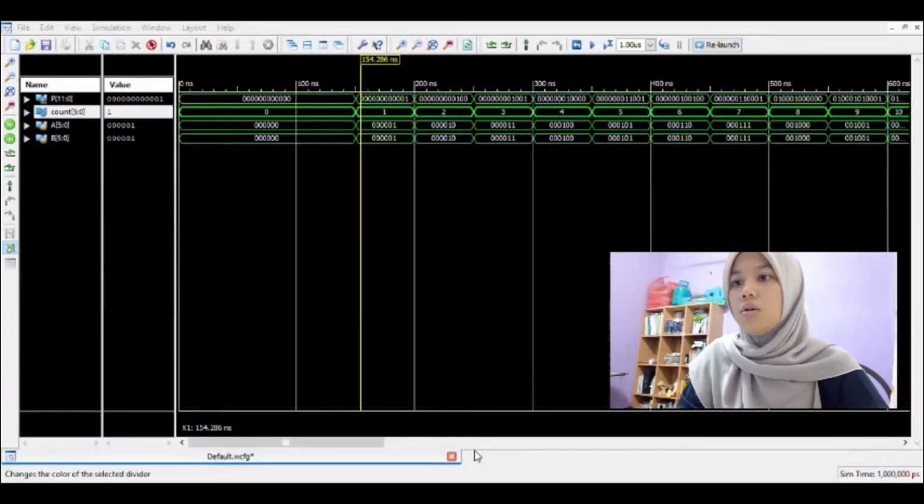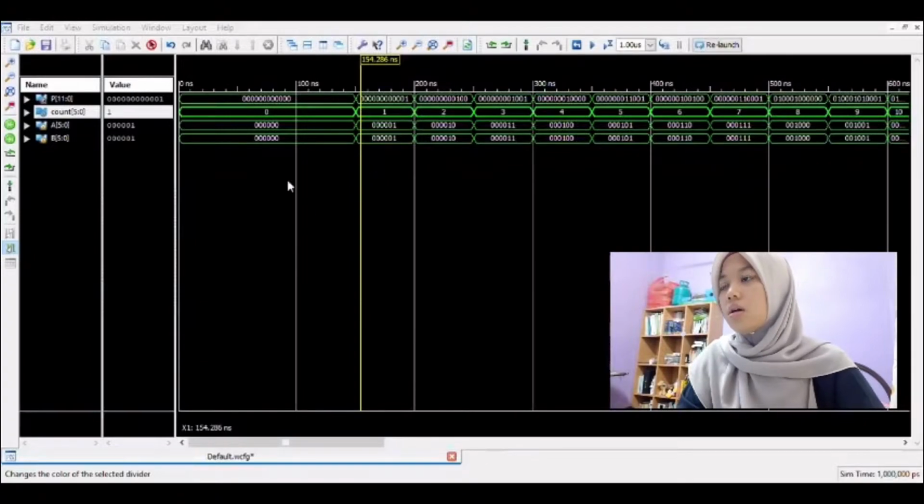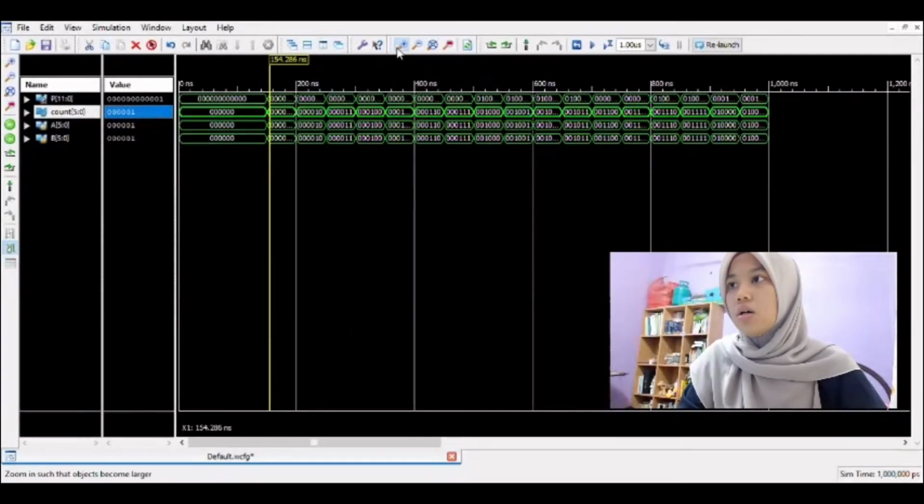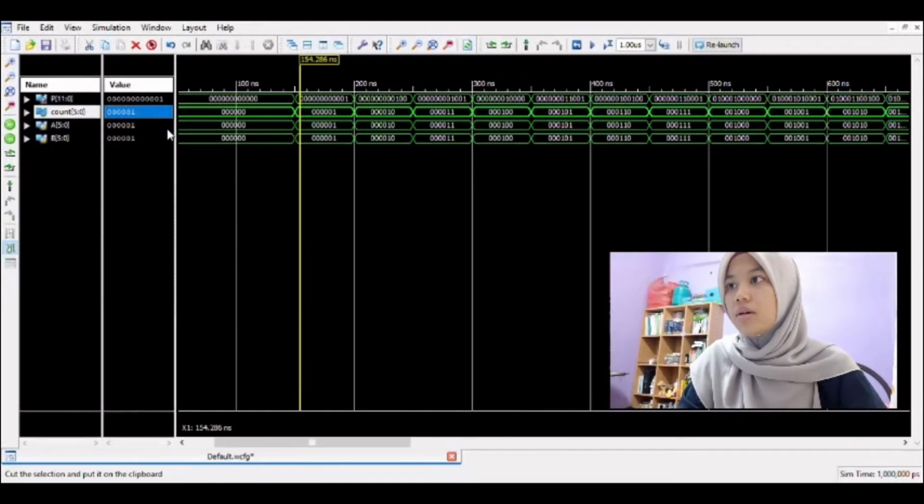Okay, how does it work? A and B are declared as input, set for two inputs. Then count is what we declare, and the output is P. For a clearer view, we just have to convert this count to unsigned, so it will be more clear. This is 1, 2, 3,